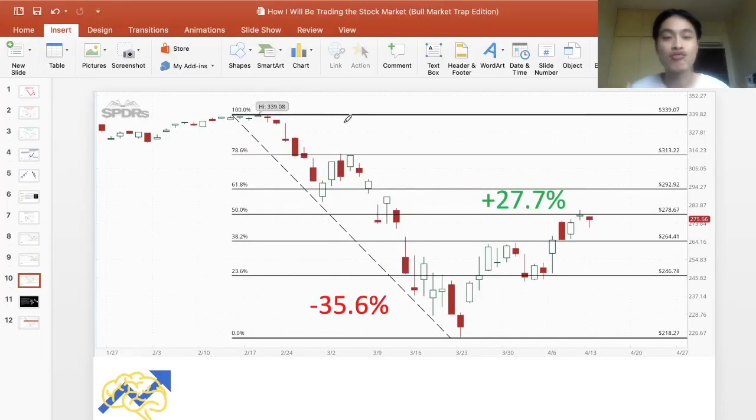So how I see things right now is that we are in a temporary bull market rally, right? And in a bull market rally, prices increased by more than 20%. And after that, the temporary bull market rally will fall back down. So that is how I believe things will play out, right? So in this crash phase, prices fell by a lot, by 35.6% to be exact. And then after that, it increased by 27.7%. So what I believe is prices are going to decline at this level to back down here, or it might actually go up to the 61.8% level and fall back down, right?